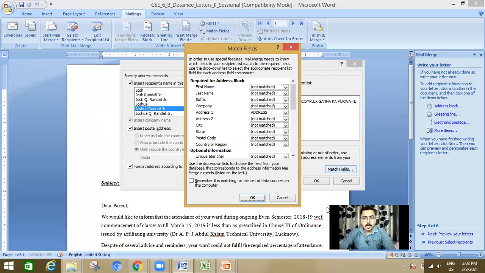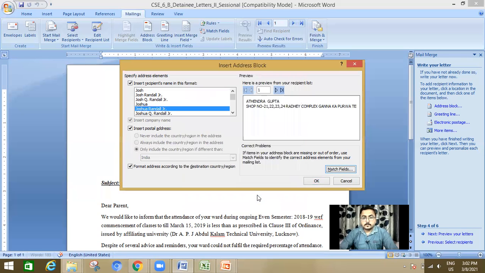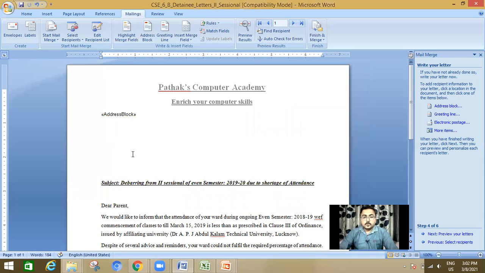So I have to take parent name and then address. That's all. So click on OK and then click on OK. So here you can see that an address block placeholder will appear.